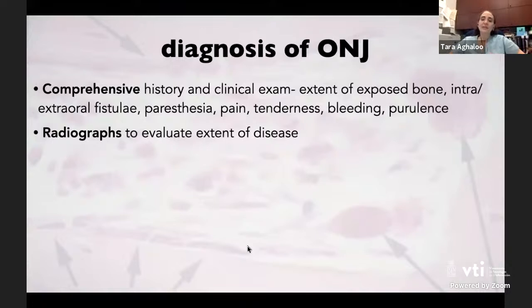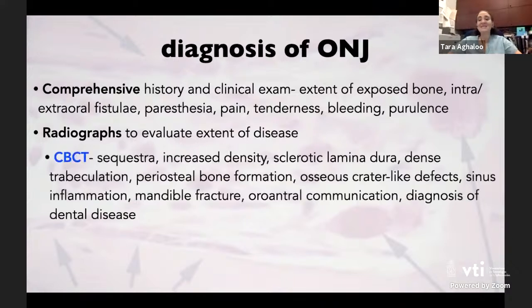Radiographs really have to evaluate the extent of disease, and to me, it's very difficult to do that with only 2D imaging. So I'm getting 3D imaging, a cone beam CT scan, on all of these patients. I think it's also difficult with a medical CT scanner. The resolution of those is not as high, and we're often getting a lot of scatter if patients have other restorations. And so the cone beam CT scan is just a much better way to really look at the extent of